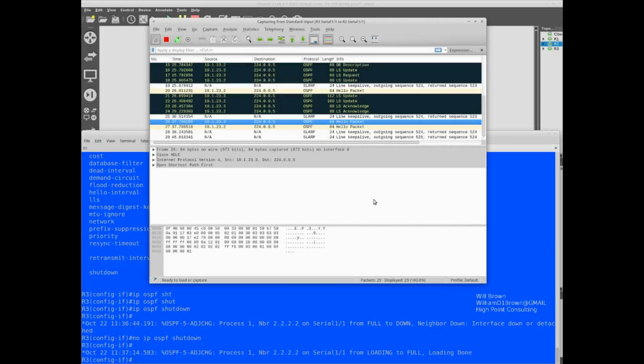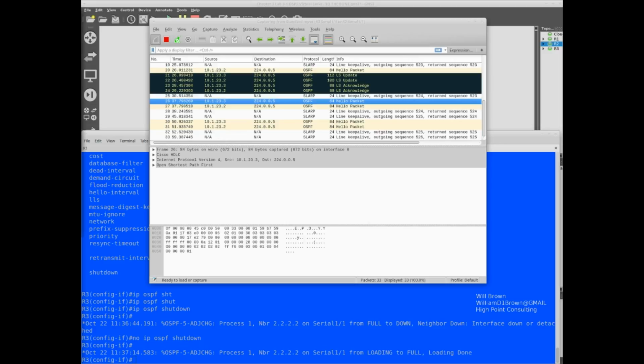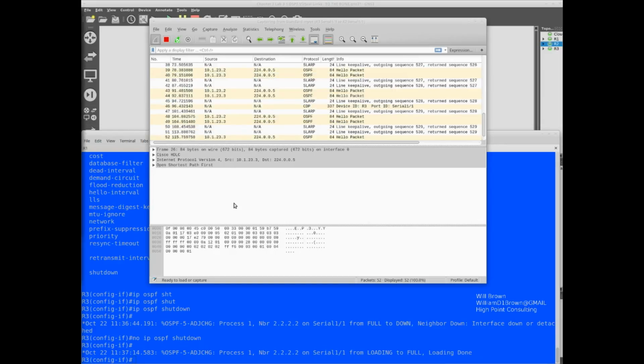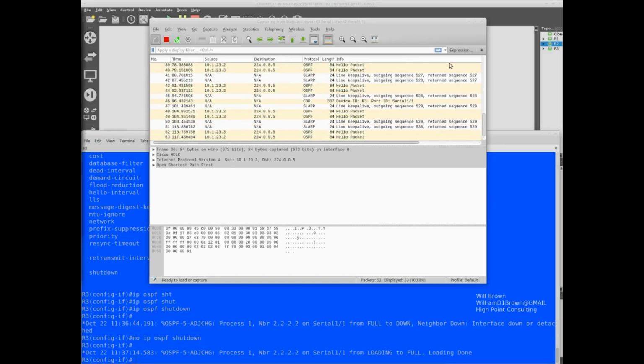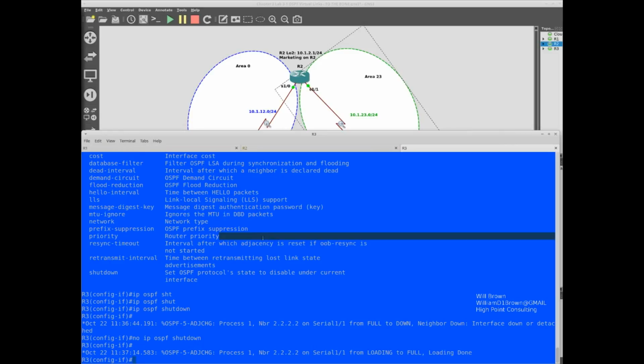So we're going to look at that information, those messages. Okay, so we've got that captured there, and I'm just going to minimize that for now and come back to